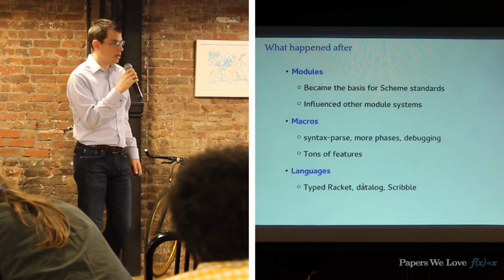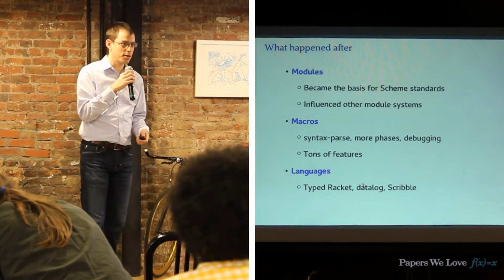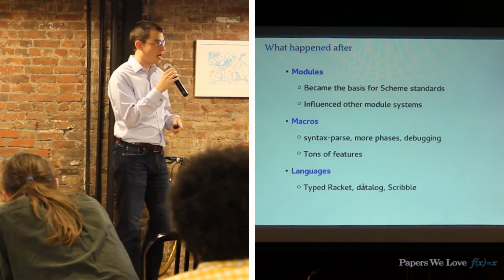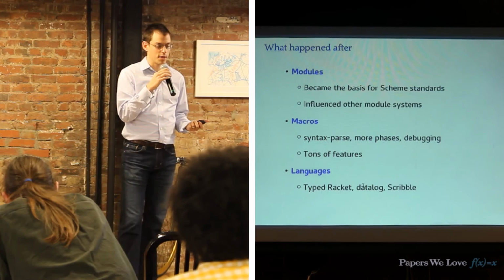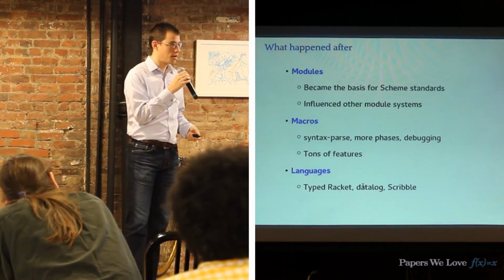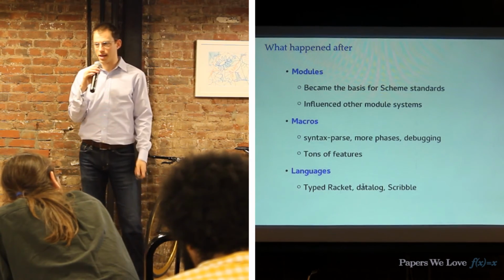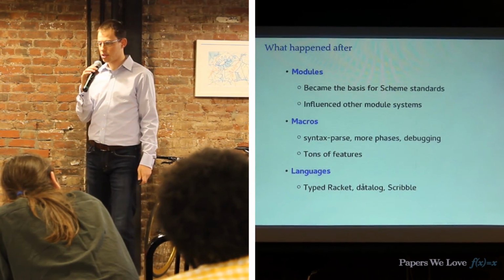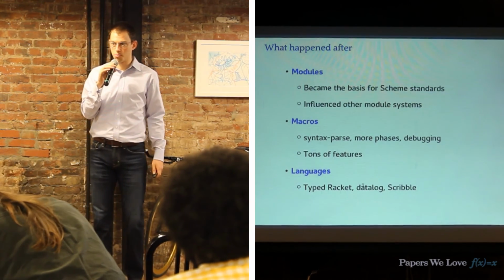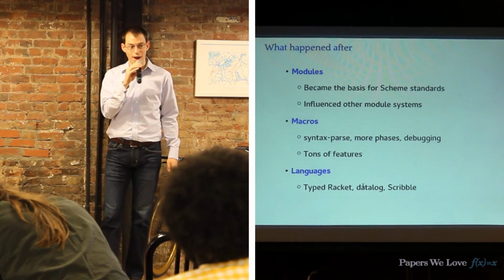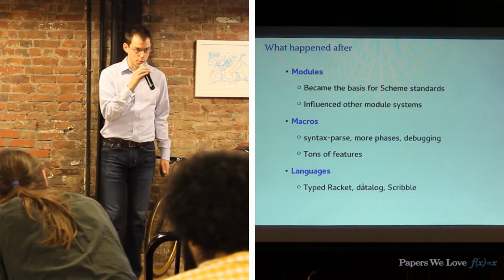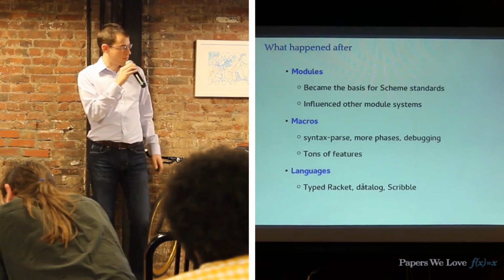And the language feature that I talked about, that this paper discusses briefly, has really come into its own in Racket since then. And it's used for things like Typed Racket, for things like our documentation generation system called Scribble, which changes the syntax of the language, the concrete syntax of the language pretty radically, or even languages like Datalog, which are written in a very different syntax.